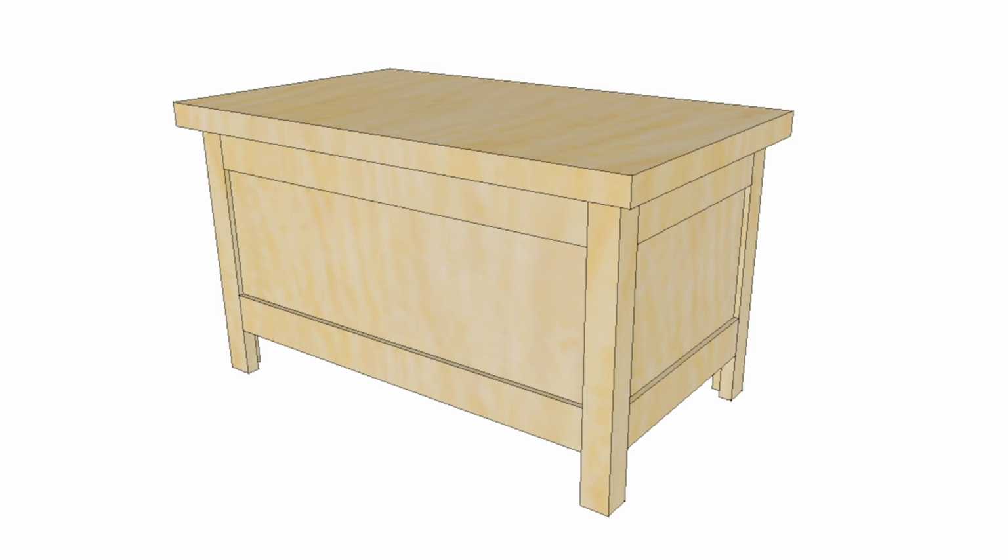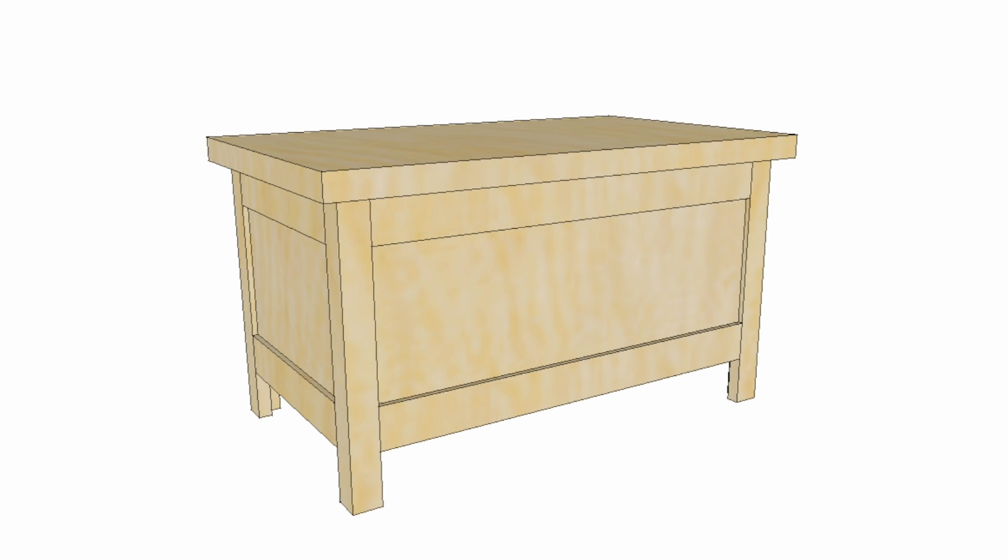In this video I'll be building a coffee table with a hidden drawer for my mum and dad. First I did a quick drawing on SketchUp to figure out a design and plan out the dimensions of the table, and plans and a detailed cut list for this project will be available for free to my Patreon patrons